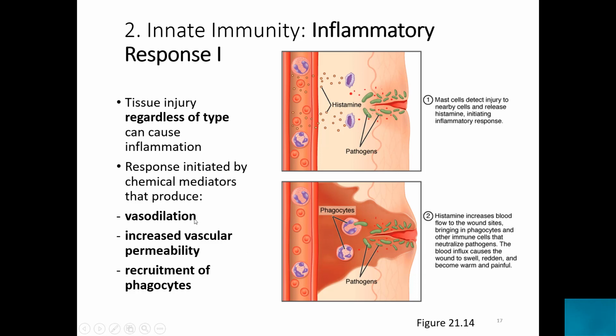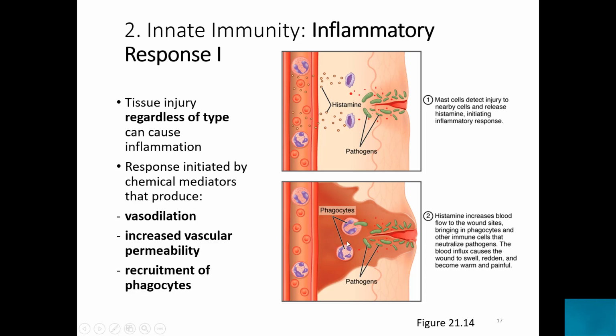So what happens? First of all, vasodilation. Blood vessels become wider and more permeable. So white blood cells can go from the blood to the tissues to kill those pathogens. Remember chemotaxis and diapedesis. Now, when blood vessels become more permeable and dilated, that causes redness right here, because not only